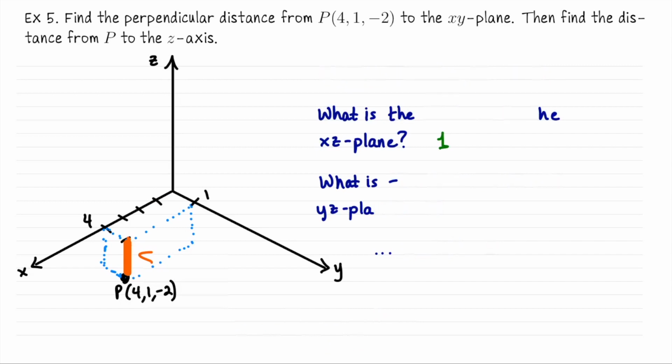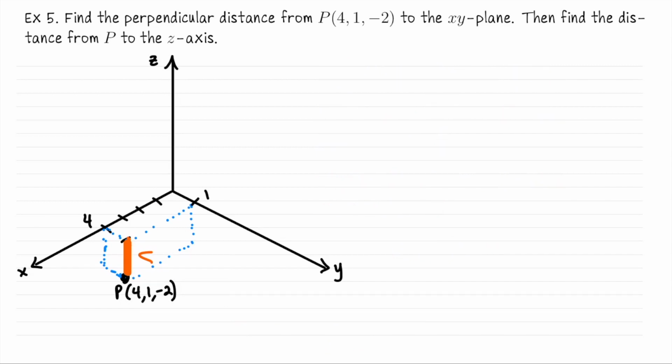Okay, now let's look at the second part. We would like to find the distance from P to the z-axis. So let me clear out the work we've done so far to give ourselves more room. Okay, and also to make it a little clearer in the picture, let me extend the z-axis down by 2 units. Okay, now the distance from this point to the z-axis would be the shortest route we would take to get to the z-axis. So that would be like this route here. I'm going at an angle. So we need to zero out both x and y along this straight line segment from that point to the point